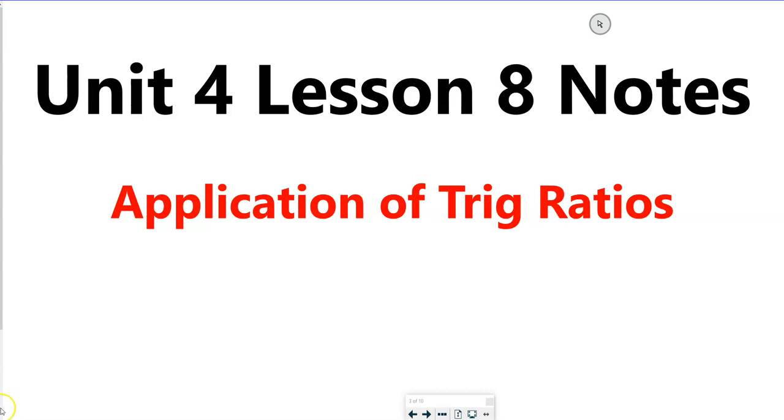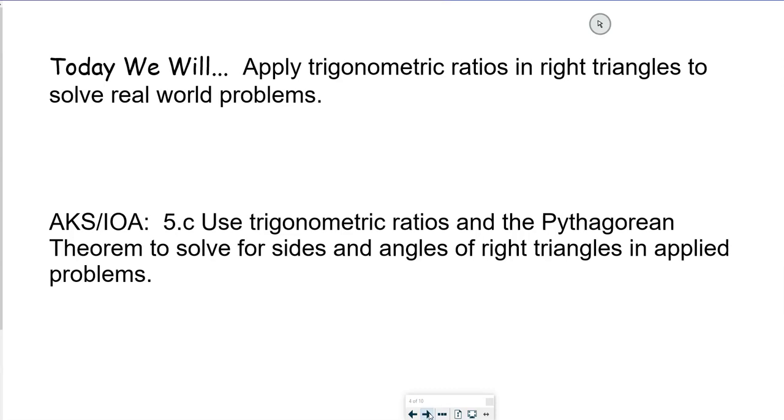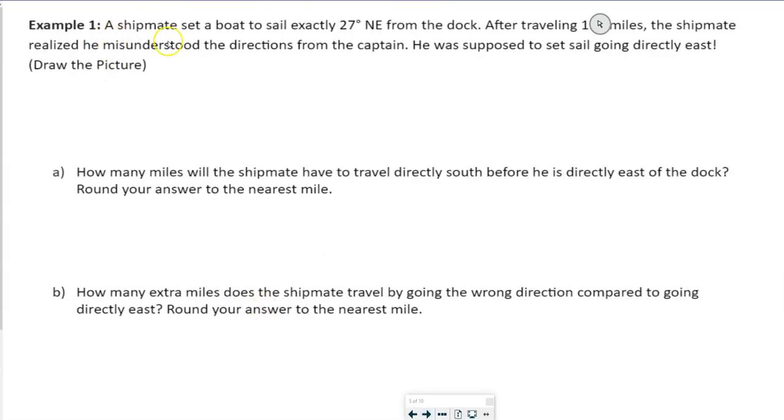So in this video today, we're going to talk about the application of trig ratios. Every problem we're going to do today is a right triangle, so we're going to draw that, and we're going to use Pythagorean's theorem for these problems, or sine, cosine, or tangent. In example 1, it says a shipmate set a boat to sail exactly 27 degrees northeast from